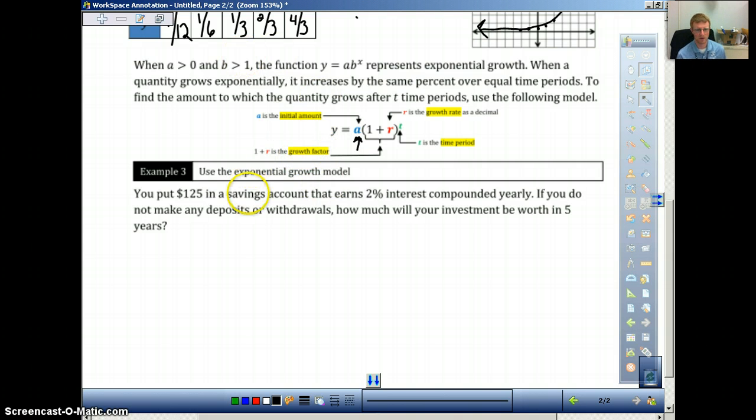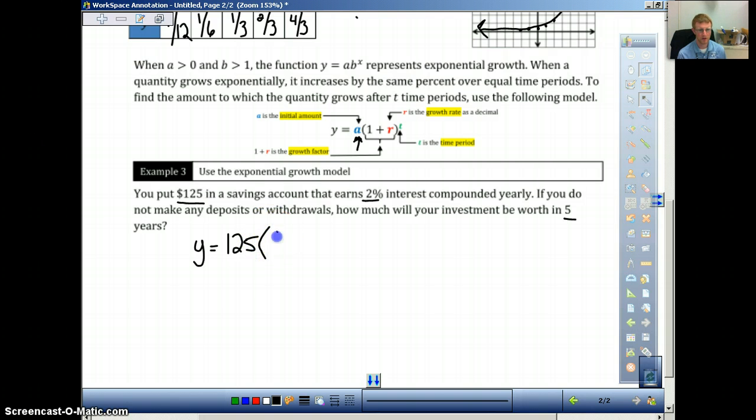So let's look at this example. It says you put $125 in a savings account that earns 2% interest, compounded yearly. If you do not make any deposits or withdrawals, how much will your investment be worth in 5 years? So we're given 3 things: $125, 2%, and 5 years. So you've just got to figure out which of these variables each of these go in. Well, 125 is our initial amount. So we're going to have y equals